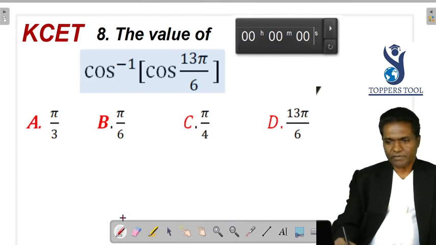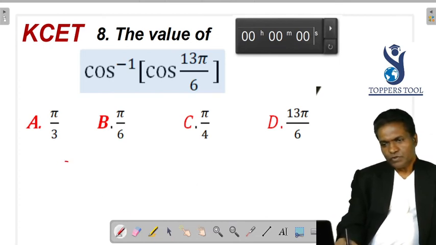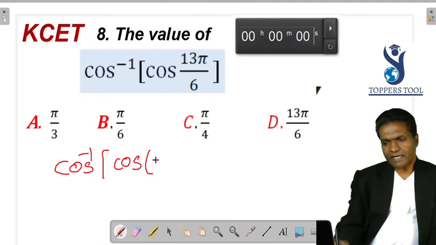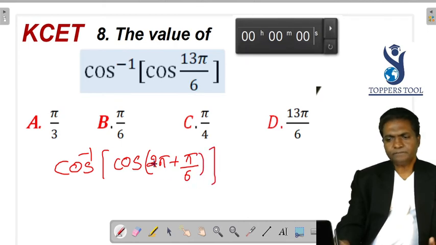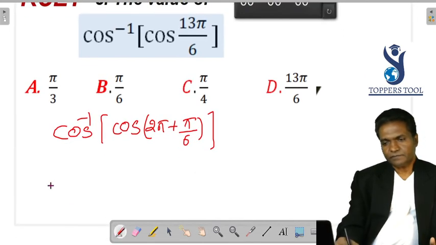Okay, not to worry. I am there to help you. So cos inverse of that 13 pi by 6, I write it as 2 pi plus pi by 6. Because if you take LCM, 2 into 6 is 12 pi plus pi is 13 pi by 6. Which is equal to cos inverse of